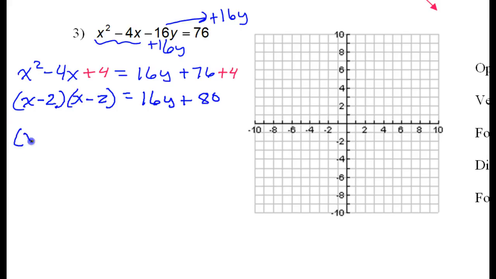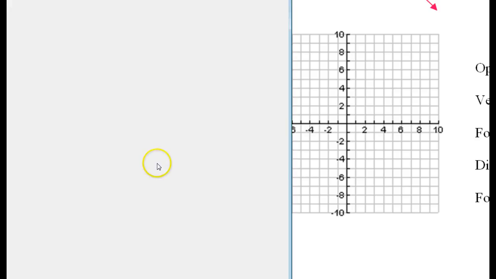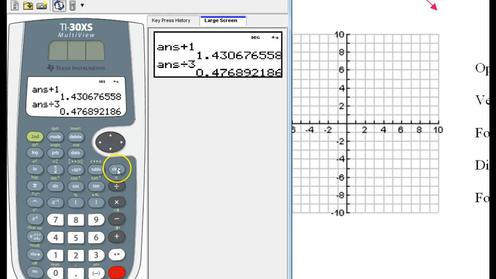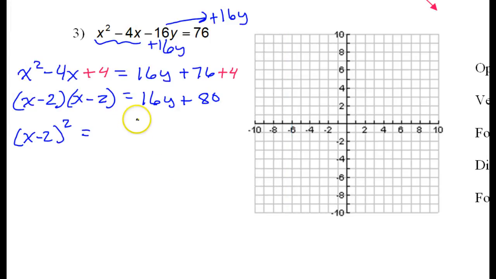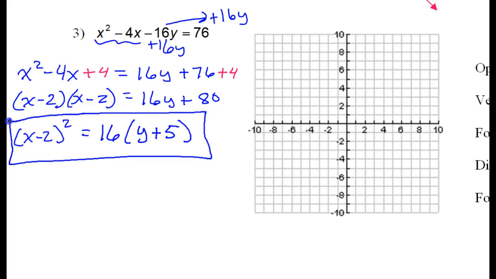Alright, so I can write this as (x minus 2) quantity squared equals, let's see, does 16 go into 80 evenly? I don't recall. 80 divided by 16. 5 times, check it out. Okay, so that means 16 is the GCF, and we have y plus 5 in there. So that is it. We have successfully rewritten this in standard form. That means the vertex,